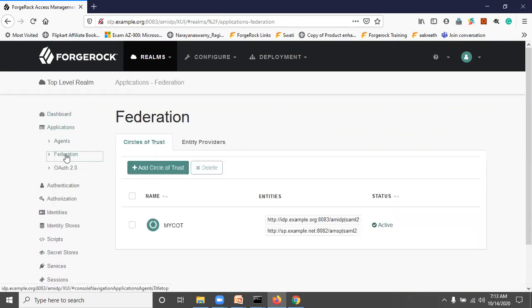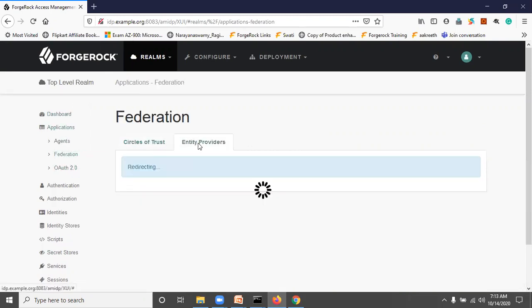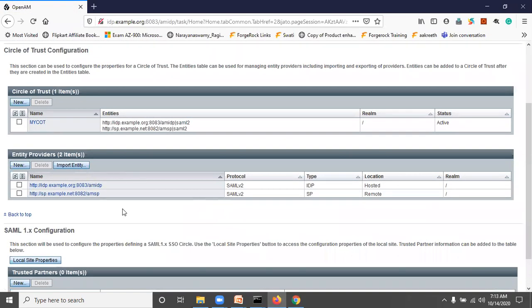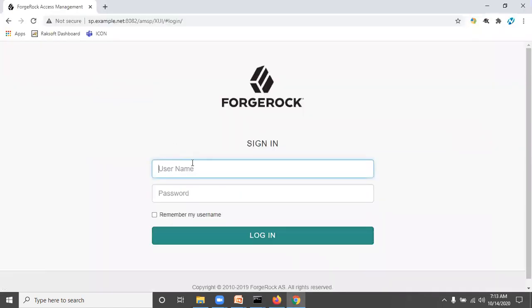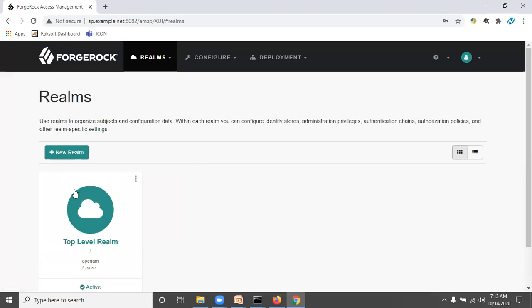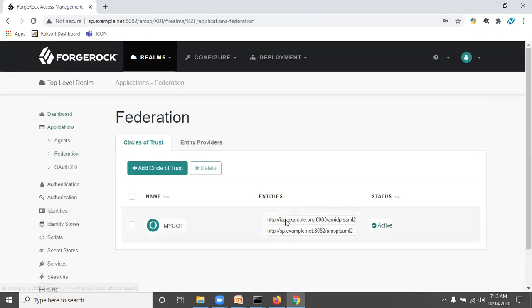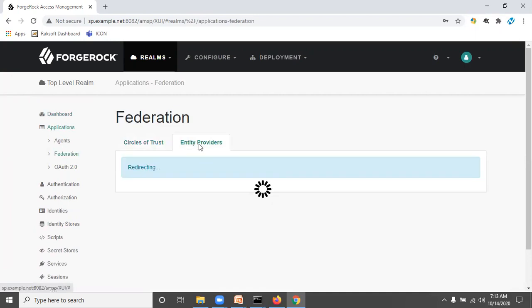Go to Applications, Federation. Here we have already imported the SAML metadata information of the SP into the IDP. The same way, the IDP metadata is imported into the SP. You can also log in to the SP application and see the details. Go to Applications, Federation, and here you can see entity providers.